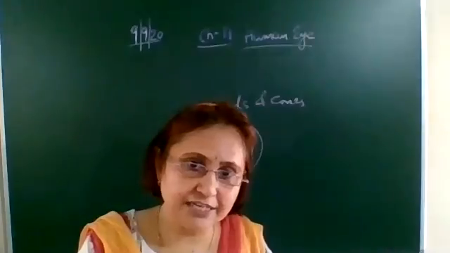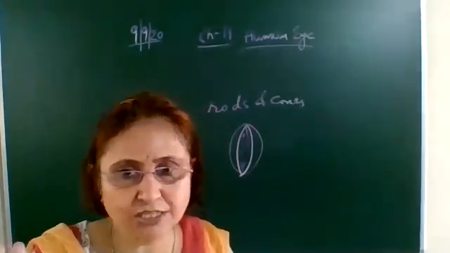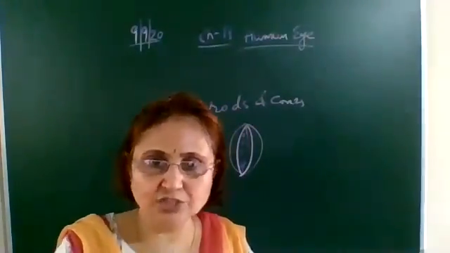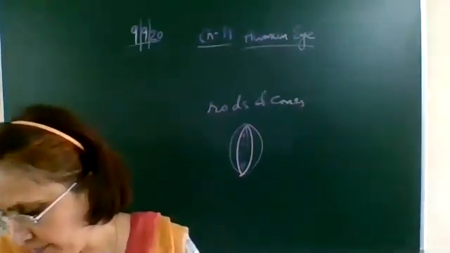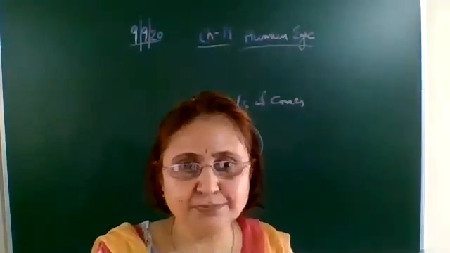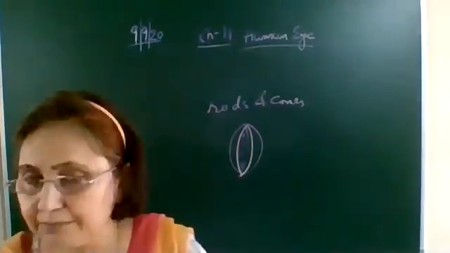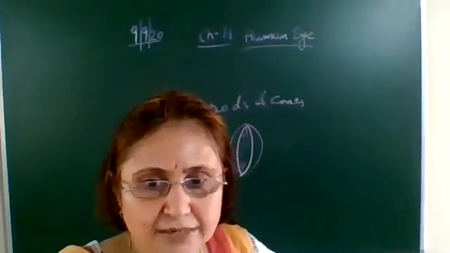And then we have studied near point and far point. Near point is 25 centimeters, far point is infinity. This range of the normal human vision will be 25 centimeters to infinity. Then we have studied about cataract. Cataract is when the eye lens becomes cloudy, and it can be cured by cataract surgery.